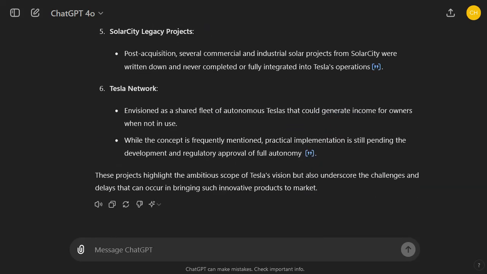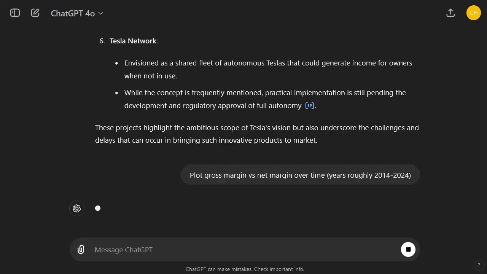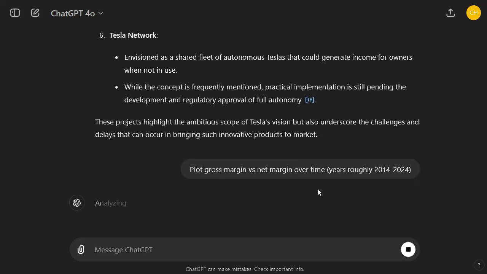Okay, so this is already great. Let's maybe give it a simple prompt. If I wanted to have the gross margin versus net margin over time, and then I specify the years 2014 to 2024, roughly. So let's see if it is capable of extracting all this information from the 10 reports I gave it,